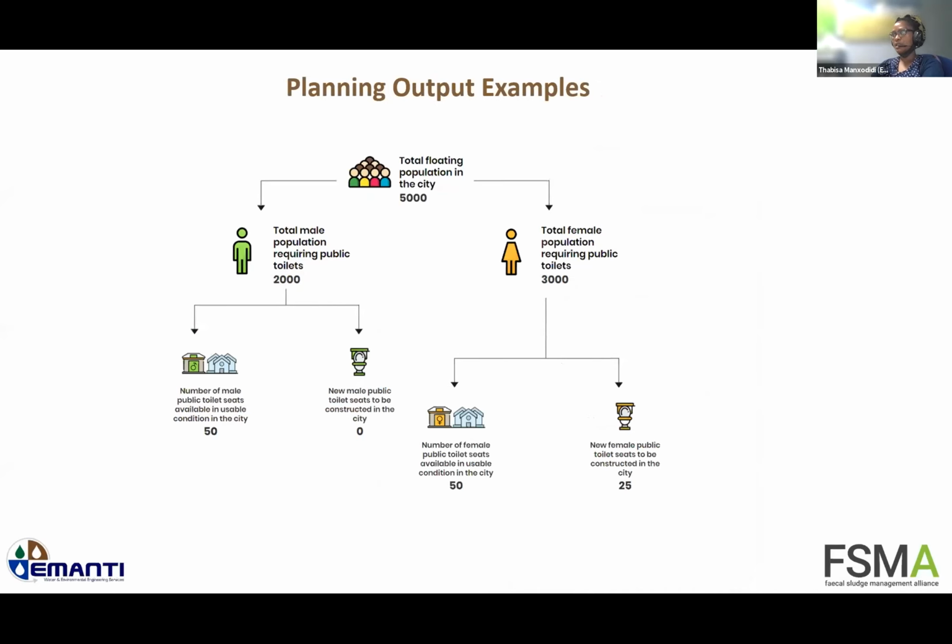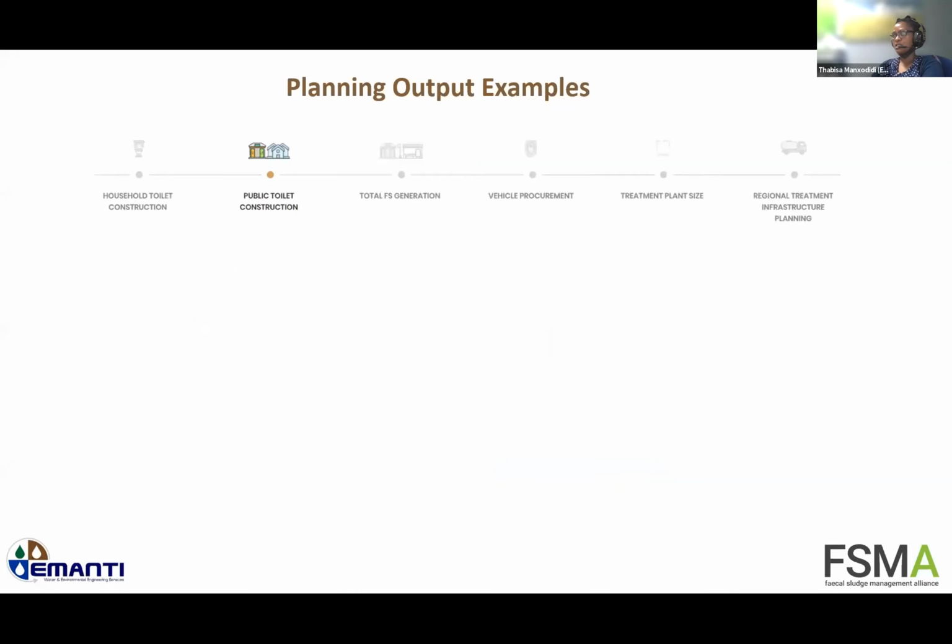This is just one example of the outputs of the planning, where one needs to look at the population of the city and so forth in terms of determining exactly the kind of toilets that you are going to need for the city, because maybe you've got a lot more males than females, or more females than males, and what kind of toilets would be appropriate for your city,